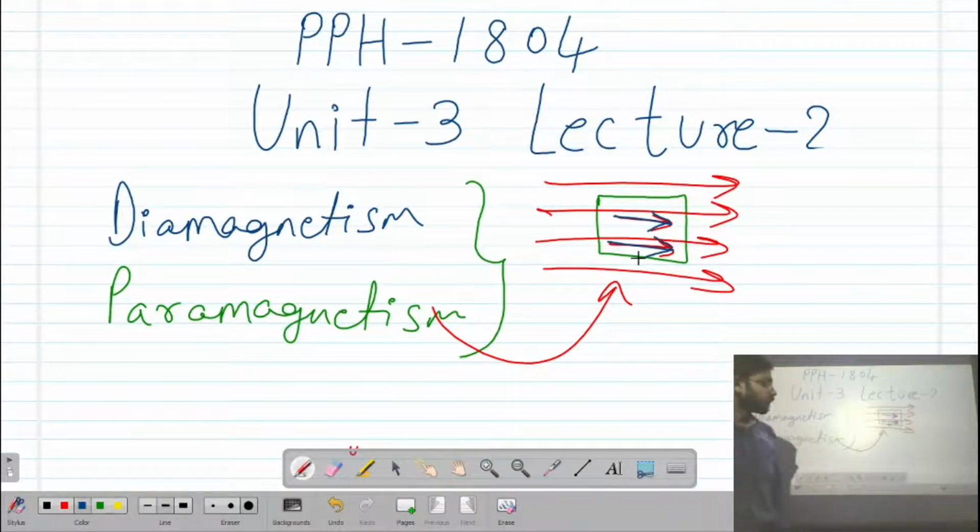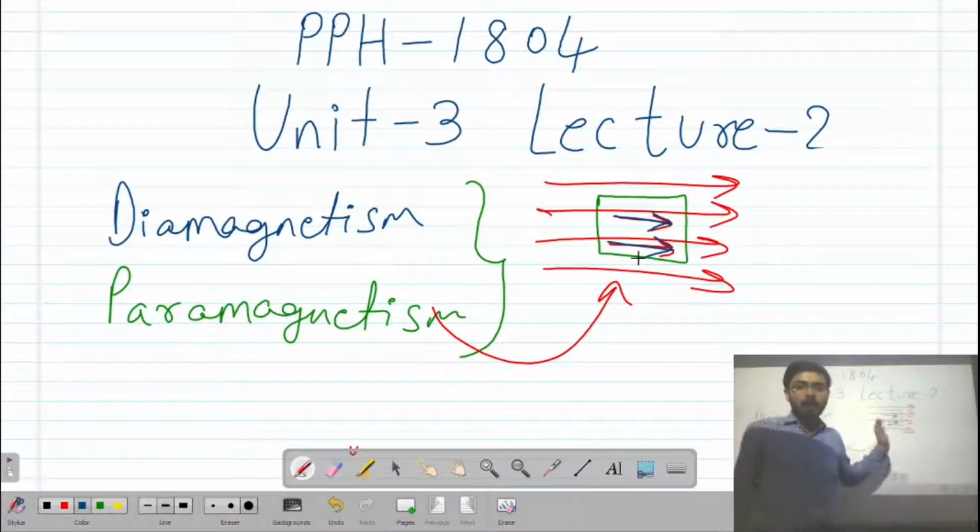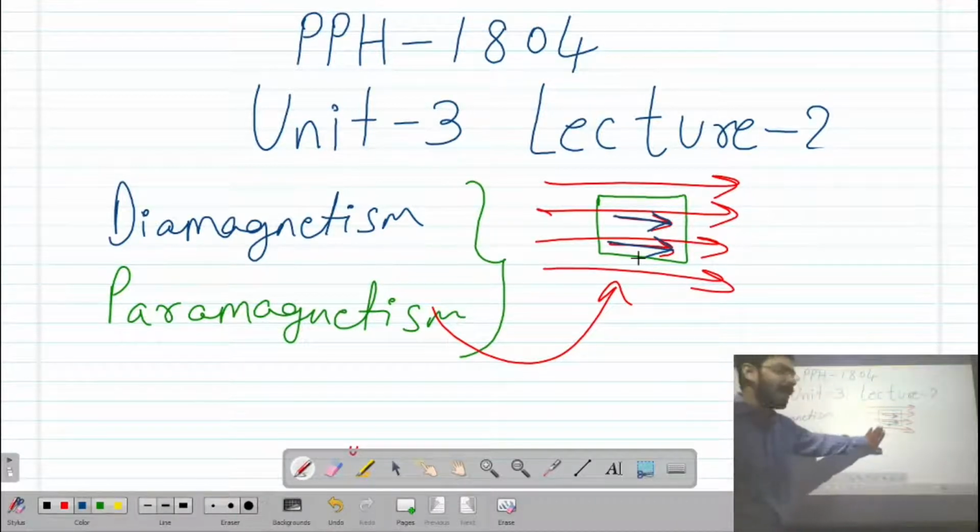Now, in all these topics, we came across the application of an external applied magnetic field and dipole moments.